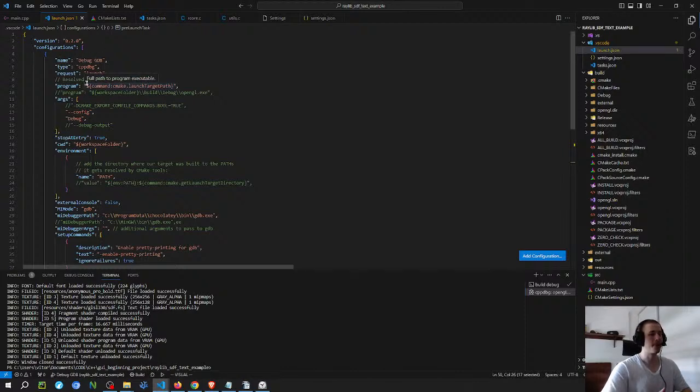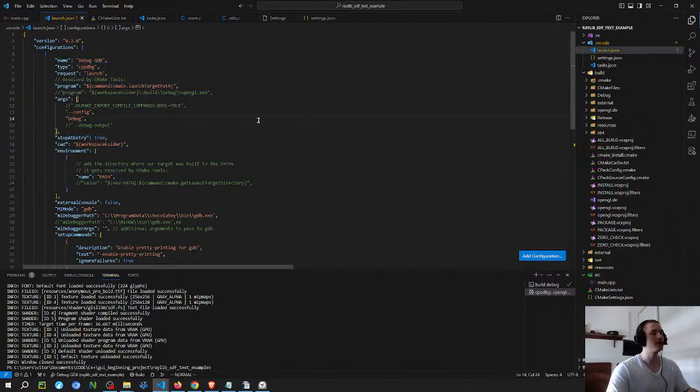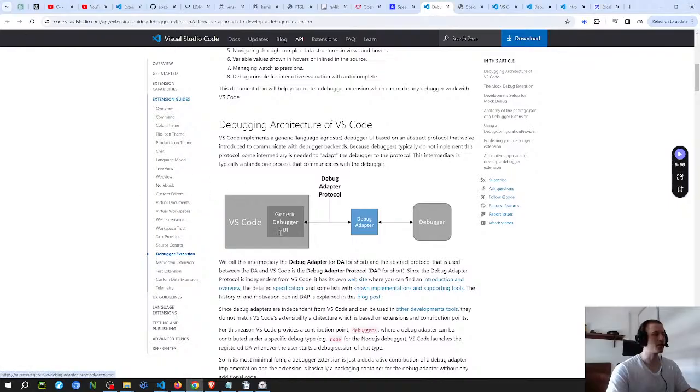So as far as I understand, the tasks.json is whatever happens before the debugger starts, and the launch.json is whatever happens when you're going to debug the thing. So here are the specifications for what you want to happen when the program you want to debug is going to run. And this is the part that is kind of confusing, because based on the documentation and the way that they do things, I think it's on the CMake,